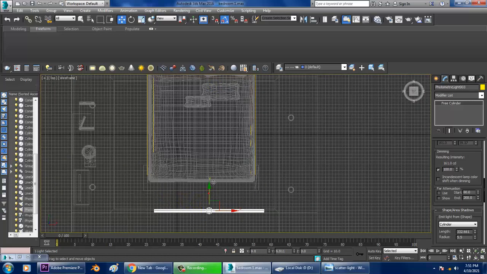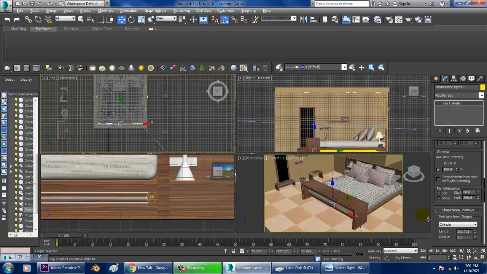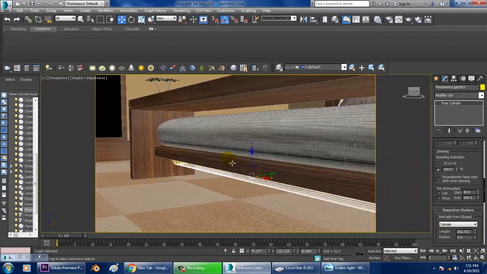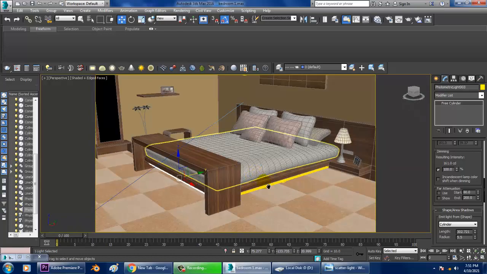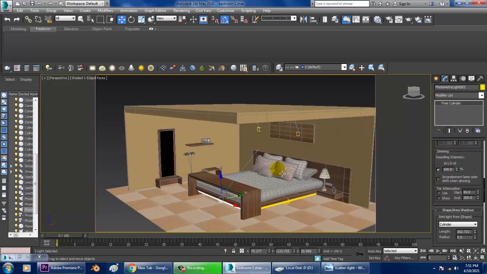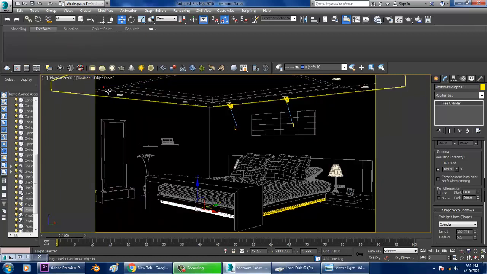So if you look at it closely, I'm just slightly shuffling this over here, and I'll slightly reduce its length over here. So once you're done with this, you can slightly shuffle this out over here in this way, and let's see how it looks like. If you look at it closely over here,